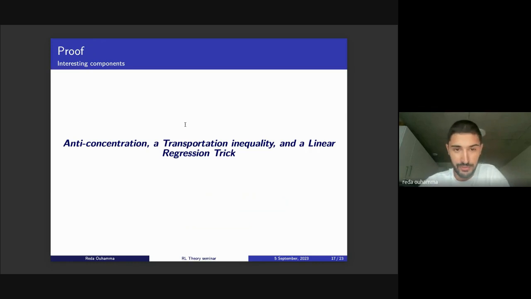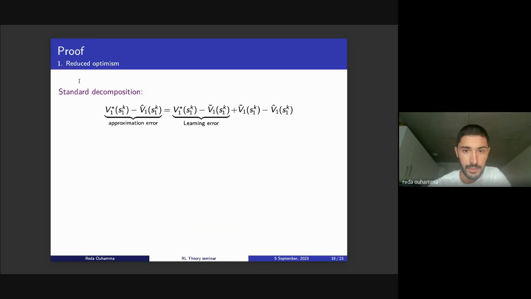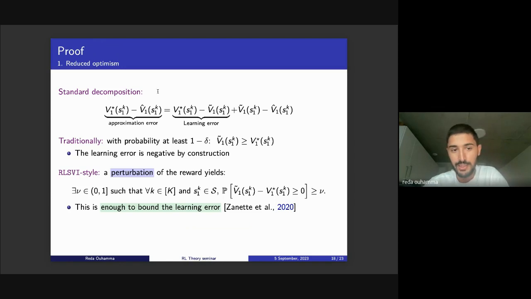Okay, so I'll briefly talk about some interesting components of the proof. Namely, there are 3 parts: a non-concentration, a transportation inequality, and a linear regression trick. So the first part is just to give some credit to the RLSVI style of algorithms. Traditionally, when we have the regret decomposition, we have this approximation error as part of the decomposition, and we usually decompose it further as this learner error plus this difference between the optimism and the estimation. And we get rid of this first term by assuming optimism. So if with high probability this is a negative term, then we just assume that this goes away